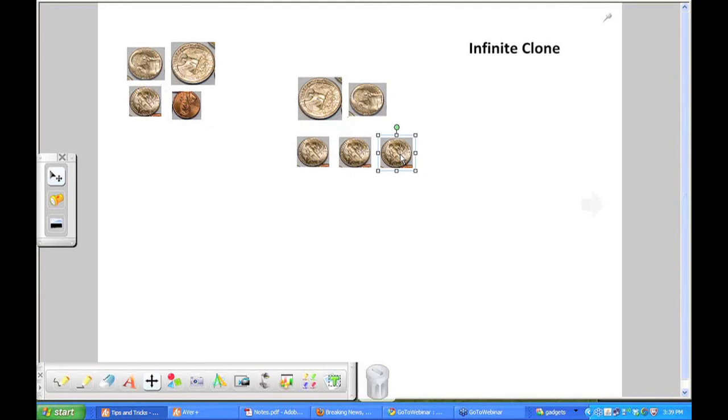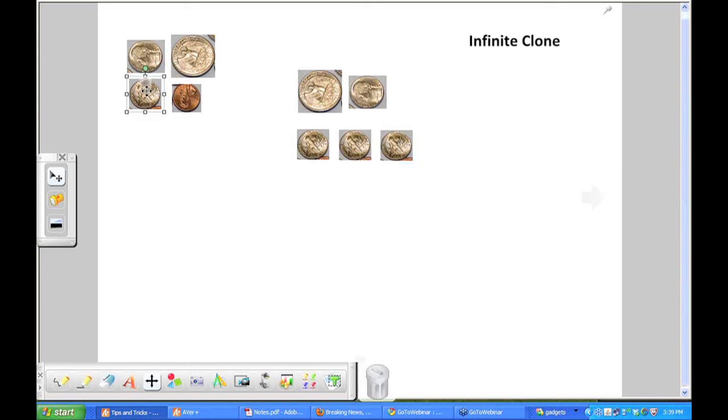So it's a really cool tool that we have. It's available under that same right-click menu, but it gives us the flexibility to do lots of things with manipulatives that we would do in an elementary setting. And I can turn that off at any time. When I click on it, I get this little star icon near the top of the image that tells me that Infinite Clone is on. When I right-click on it, my choice is Infinite Clone